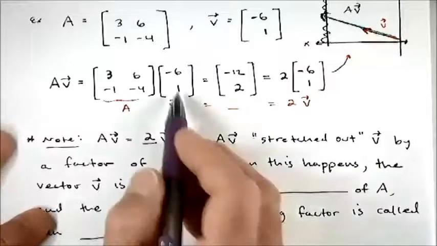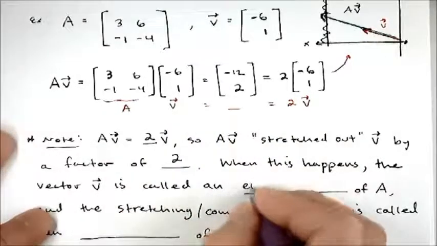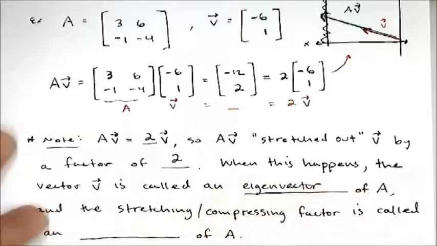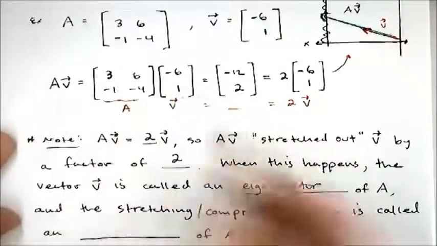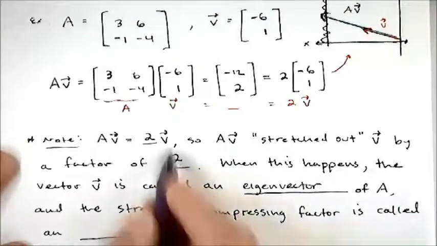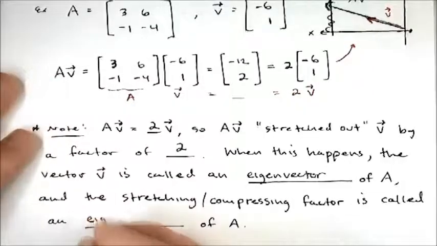So it's a property of both the vector itself, and we call that an eigenvector. It's a property of the matrix. It's a special vector. We'll talk about how to find that. And the stretching factor, this 2 here in this case, is called an eigenvalue